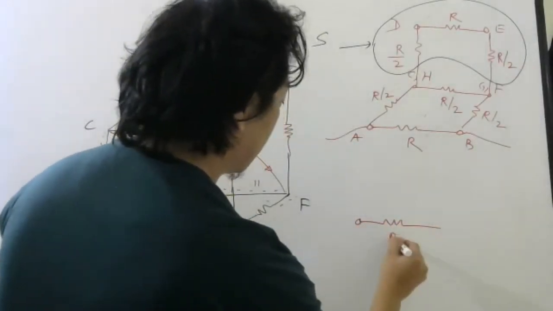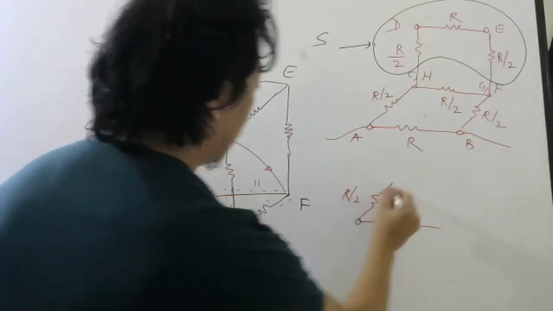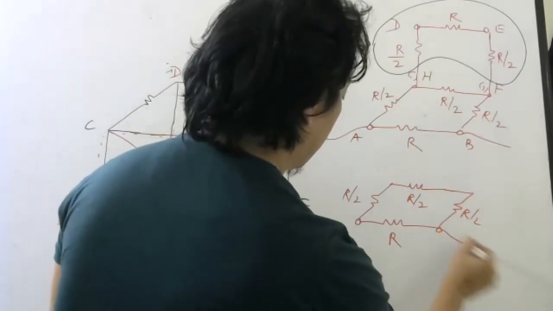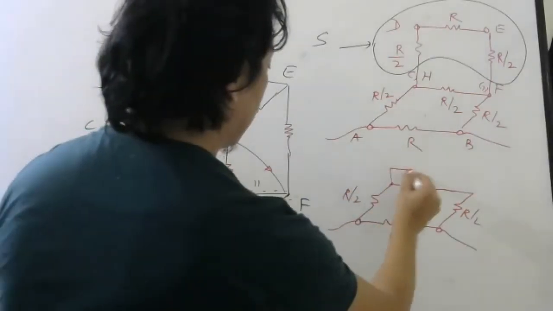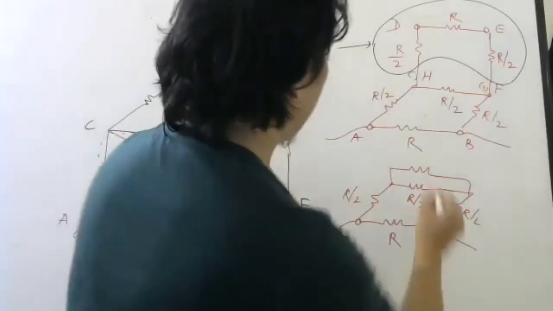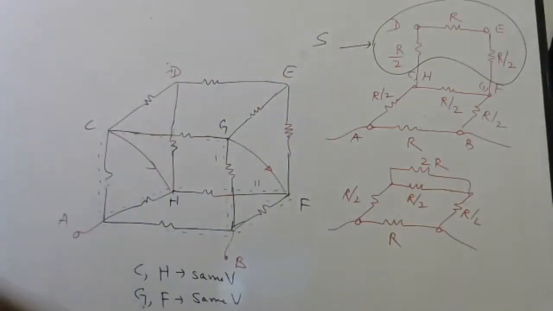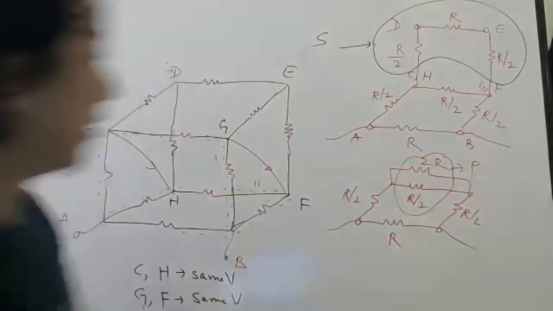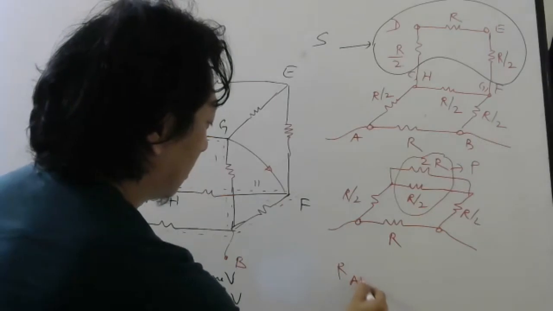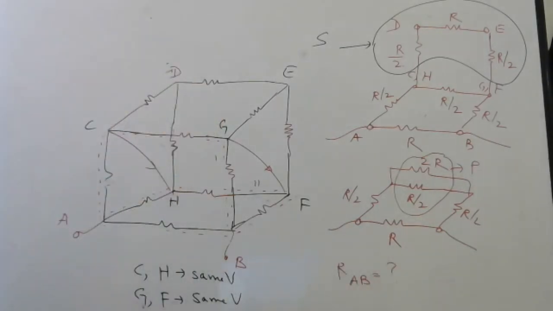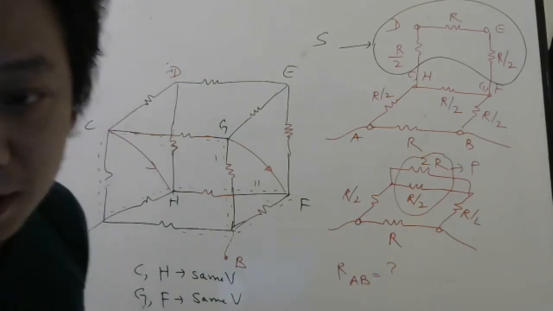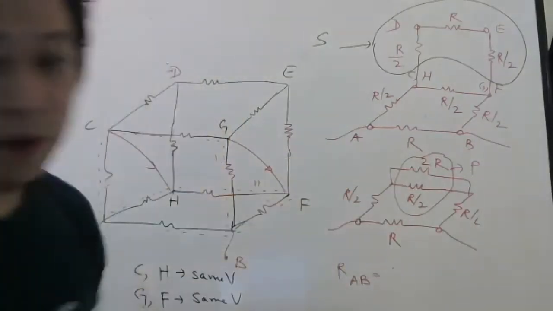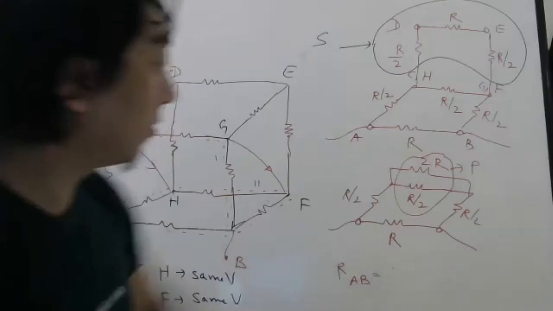This is R, here it is R by 2, here it is R by 2, here it is R by 2, and here I can write the total of these three, I can write 2R. Then this 2R and this R by 2 are in parallel. So after this, you try to solve yourself. Anybody who has got the answer, let me know. Yeah, some of you have got. Others also, please try. These two are in parallel, so use the formula R1 R2 by R1 plus R2.